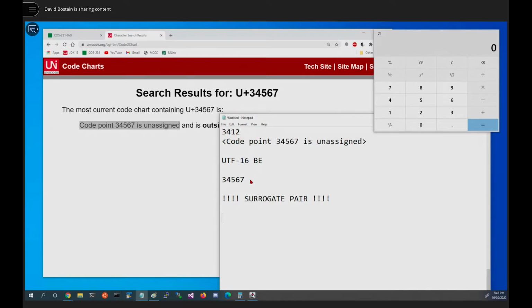So we know our ultimate answer is going to start somewhere in the range D800, with the first unit being no bigger than DBFF, and the second one starting at DC00, going up to DFFF. So we know that's a given. If we ever see a character that's in this range, we know we're looking at the first 16 bits of a surrogate pair. If we ever see these in that range, we know we're looking at the second 16 bits of a surrogate pair. So got some work to do. We got to get this number crammed into this.